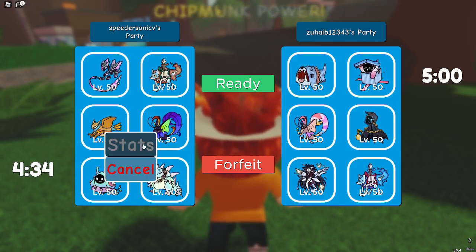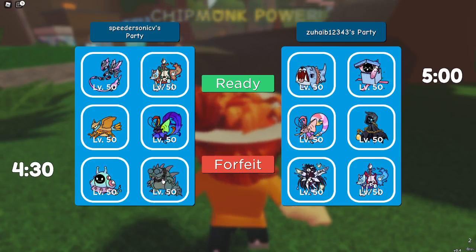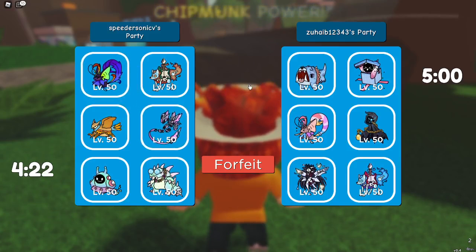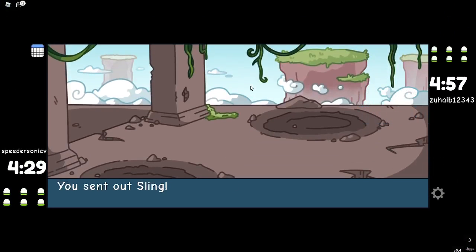Springling's a little nerve-wracking, but we do have Grufflin to deal with Springling. Chrono's a little worrying. Hopefully he doesn't have Burning Orb, or else our Monologue is going to go down very quickly. And I'm going to lead off, I think, with Springling here. Let's go for our Springling lead. He's going to lead off with, let's see,